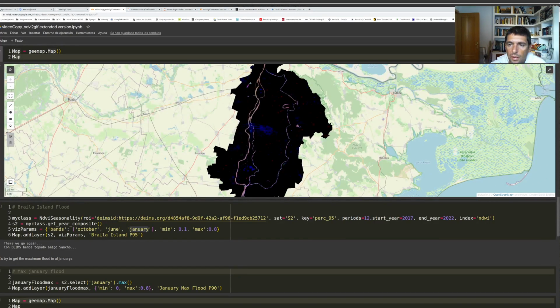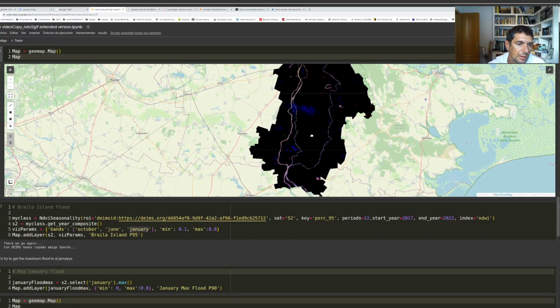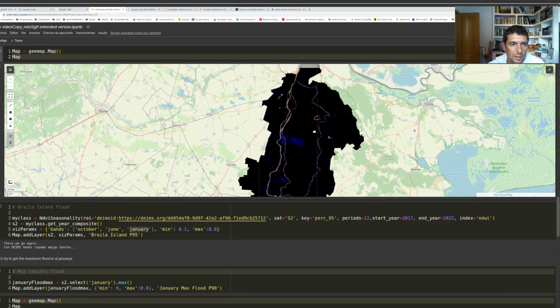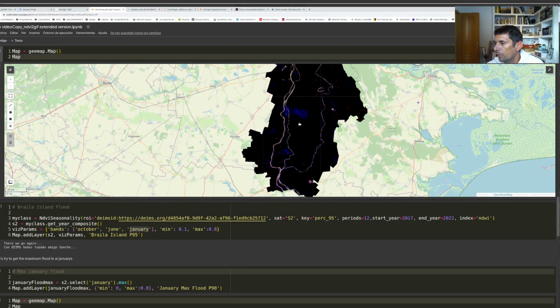Okay, so I actually don't know anything about this area. I can see there's this river, and this seems to be some flooded area. This is January, so it could be true. But this is why it's important for us to have